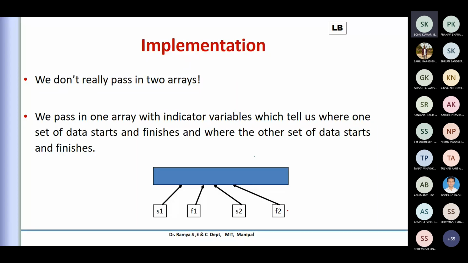The array is being passed, and we only keep extra pointers or extra memory, to consider which is the starting point for the next half, the second half or the first half. We take care of it with extra members, but otherwise we don't do a physical division of the array. That is how we'll do it in a program.